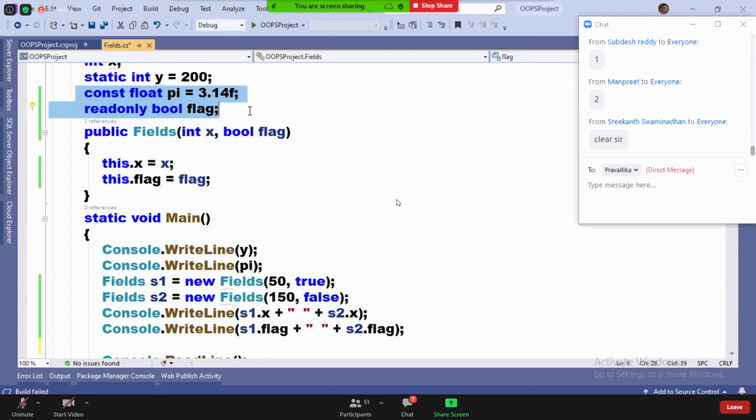You want to travel in a train. Do you require to take a ticket first? Yes or not? You're required to take a ticket first. So to get into the train, you're required to take a ticket first.